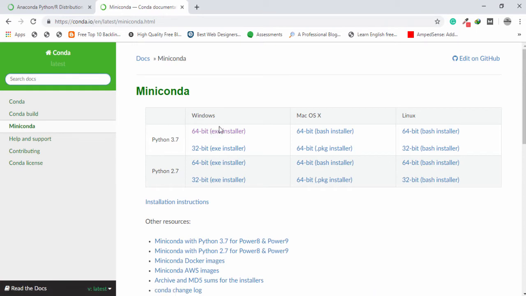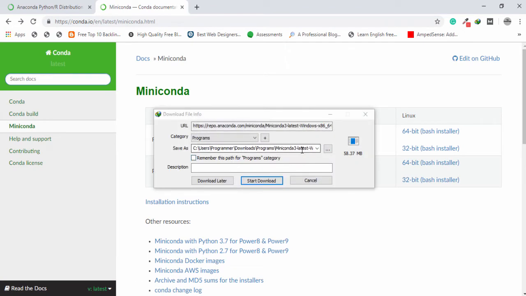Inside that you need to select the particular version, like 64-bit or 32-bit. If you have Mac OS, you need to select the 64-bit package. If you have Linux, you can select the 64 or 32-bit. In my case, I have Windows and I will download the 64-bit. Click on that. You need to select the path or location where you want to download it, but in my case